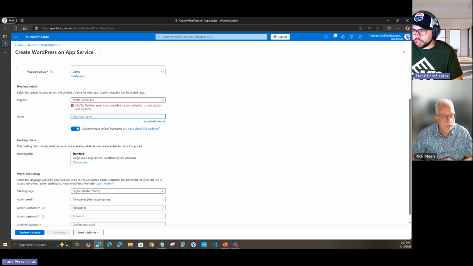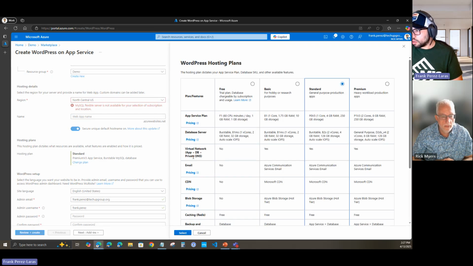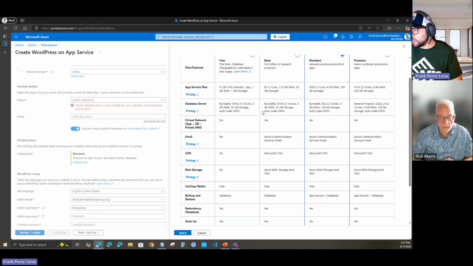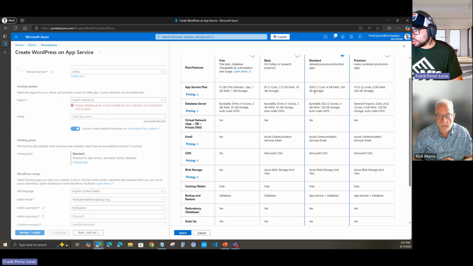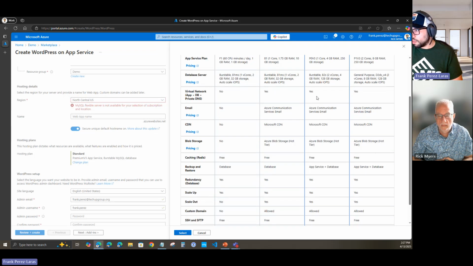I think I can show it here. So here we go. Here you can see what's included based on each tier. A standard tier will include this app service plan, this database server, this virtual network configuration for application and database